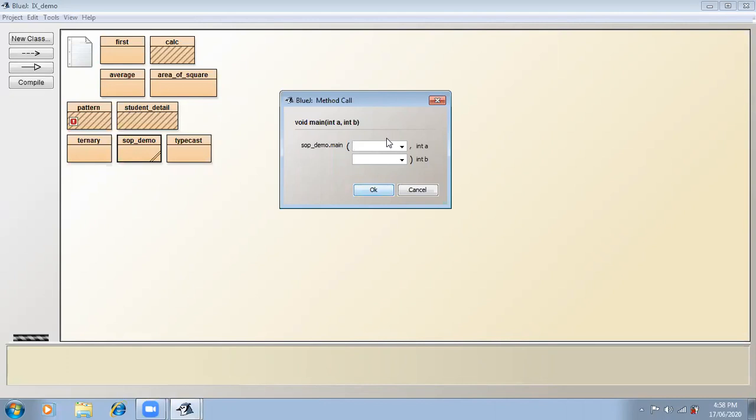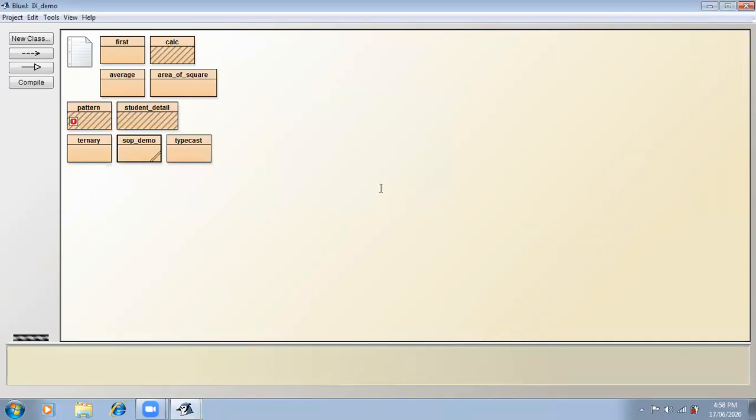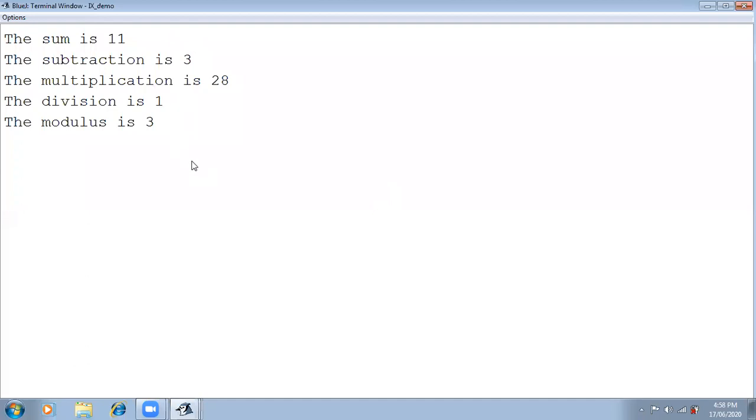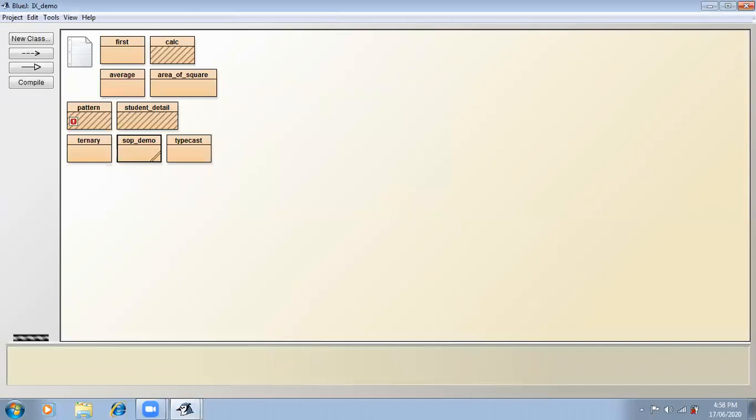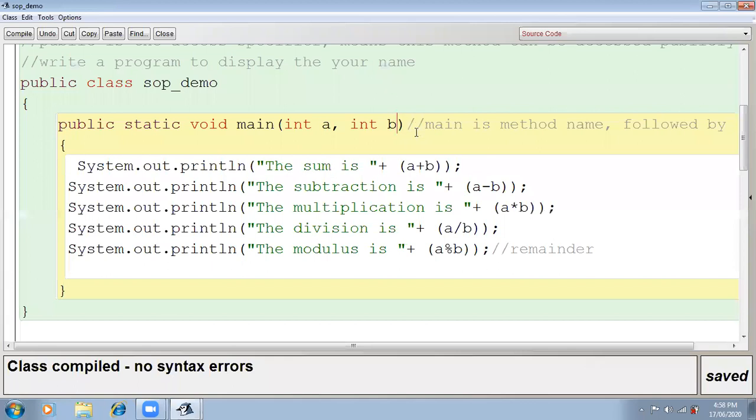So here I will give the value. Suppose here I am giving 7, then 4. Whatever value you want to give, you can give. Then see, according to that, output will come. Now in that program, you are able to input the values, right? As many values as you input, it will calculate the same thing. Understood? Clear? Yes.